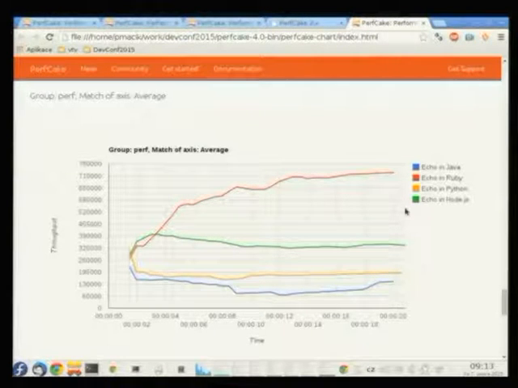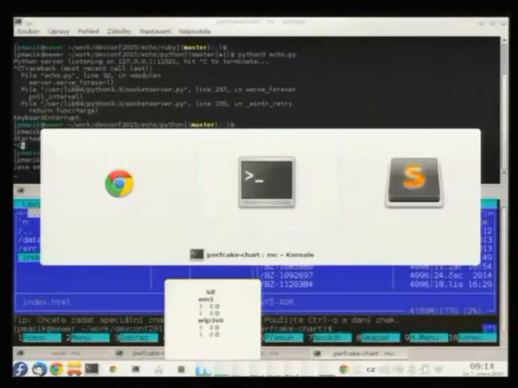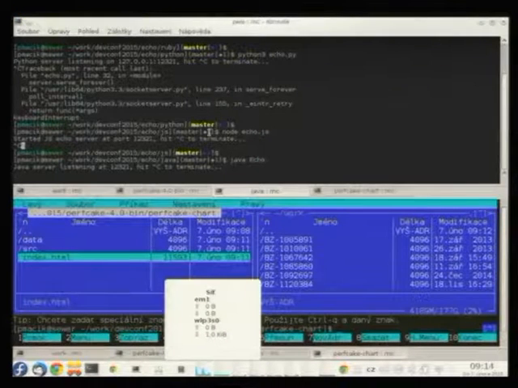So maybe you should consider switching your favorite language. But as I mentioned, the services are far from being optimal. So this is where we would like to welcome any pull requests in GitHub to be able to improve that further. So let's try something completely different.